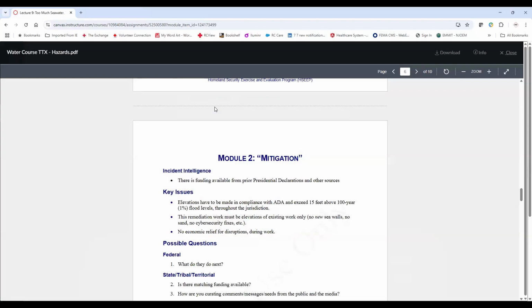So my question to both groups, Michael and then Thomas and Jim: are you aware of any BRIC projects in your communities? I am only aware of one, and I think it's in Atlantic County. But I thought there was one in Gloucester, but I'm not sure. Yeah, I was going to say, currently we're not involved with that. Okay. And I know the state had some programs that were similar to BRIC or designed along the lines of BRIC, but they weren't directly BRIC funded. So that was another thing. Thomas, anything on your end?